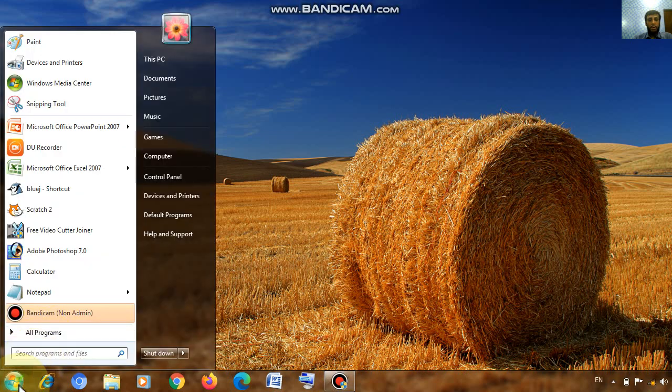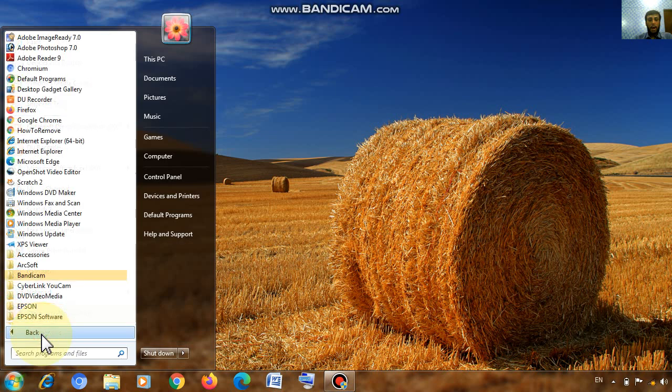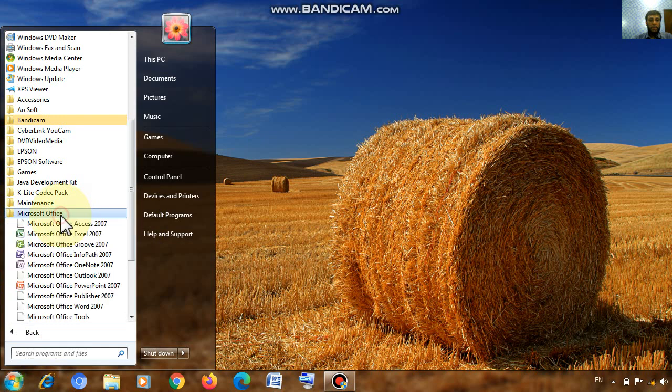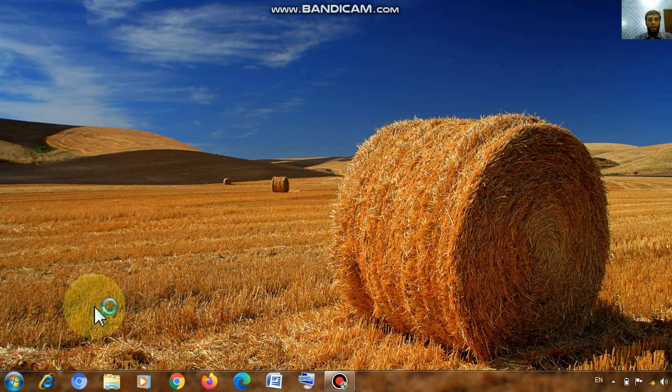First of all, I'll go to this start button, which is at the bottom left side, and from here you will click on all programs, and then you have to search for Microsoft Office, and here I will click Microsoft Word.